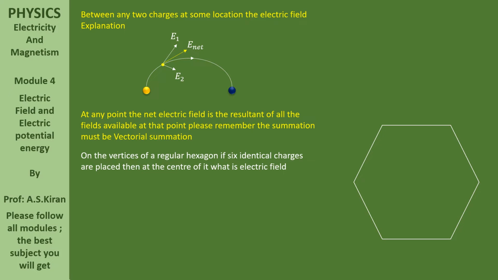Yes, there is a hexagon. It is a regular hexagon, I mean, with all equal sides. Now,